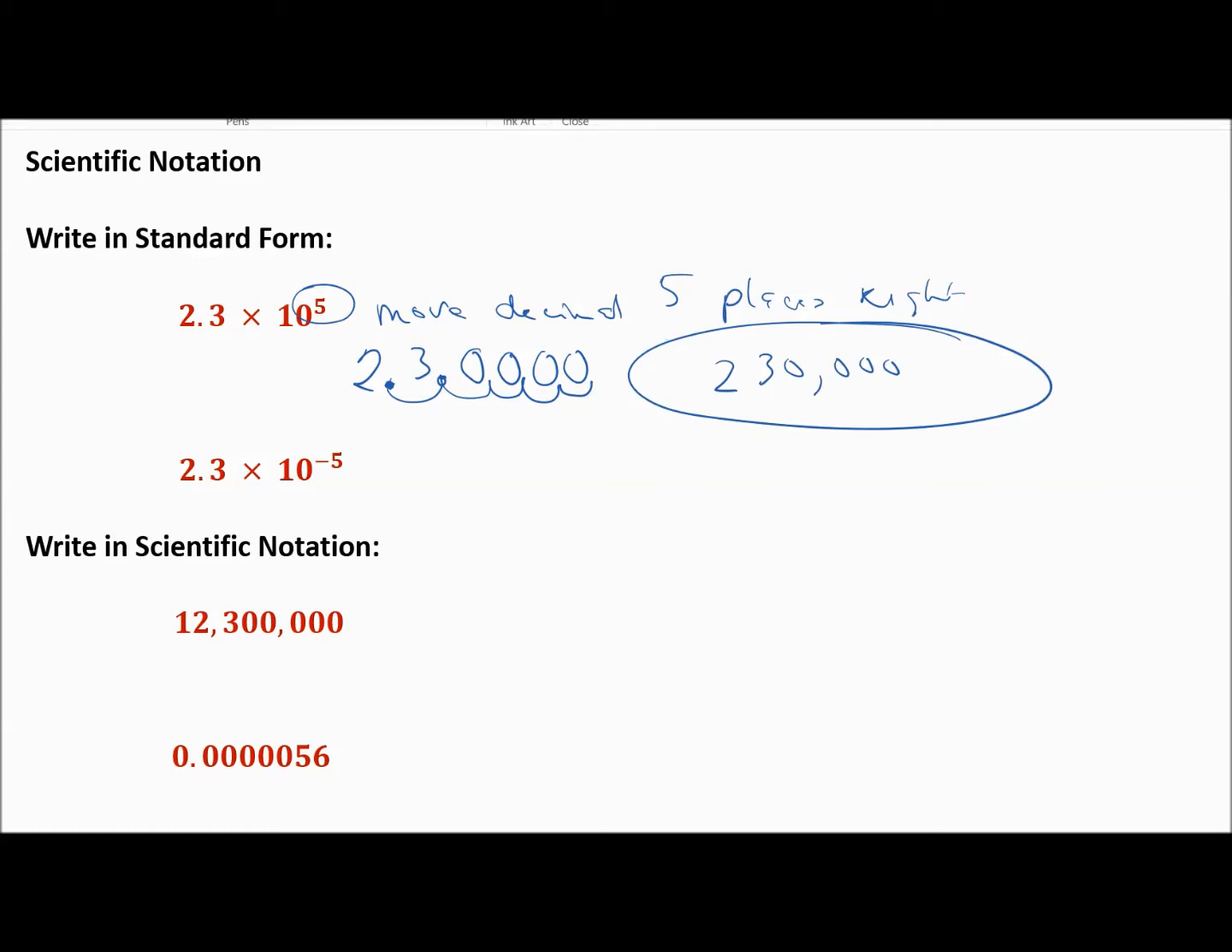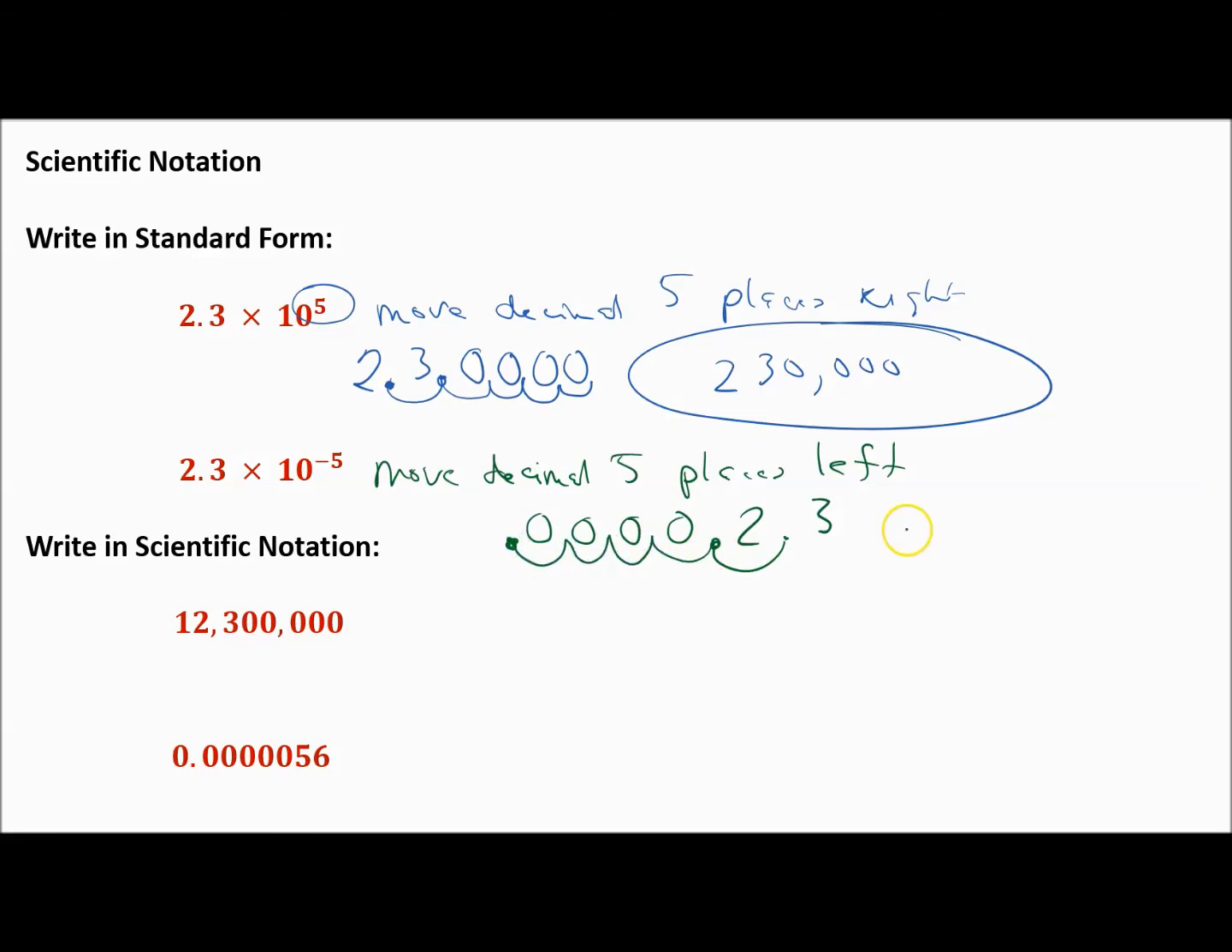Okay, let's try another one. All right, now 2.3 times 10 to the negative 5. Now that's a really small number. If you ever see a negative exponent in scientific notation, that means move the decimal 5 places to the left. Okay, so my decimal is right here right now. If I move it, that's 1 place right there. And then I would move it 2, 3, 4, 5. So you count with me. That's 1, 2, 3, 4, 5 places. So this is equivalent to